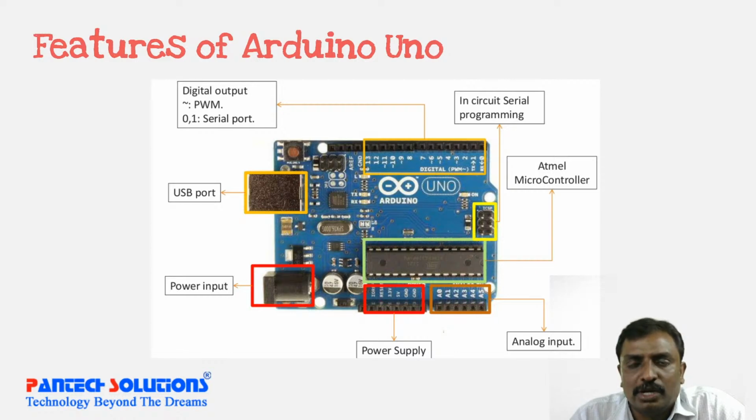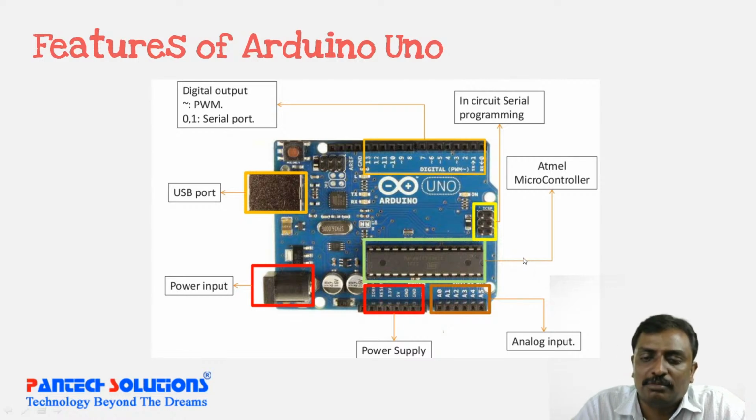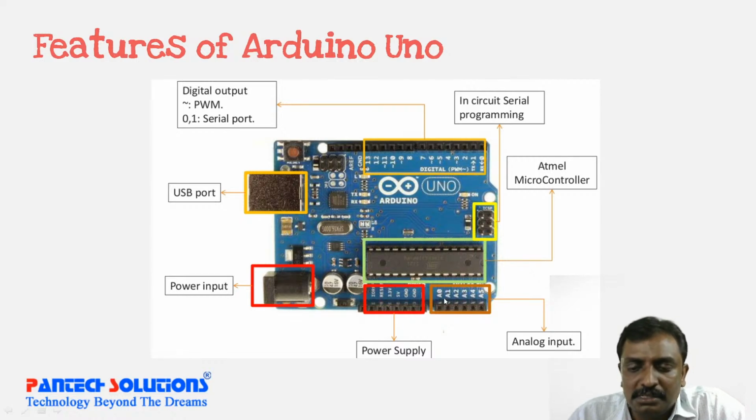PWM pins, right? You have the PWM pins over here, and GPIO pins here, as well as you also have the analog pins from A0 to A5, 6 analog pins, and power supply pins. You have 5 volt, 3.3 volt, as well as ground. Okay, and all the digital pins,